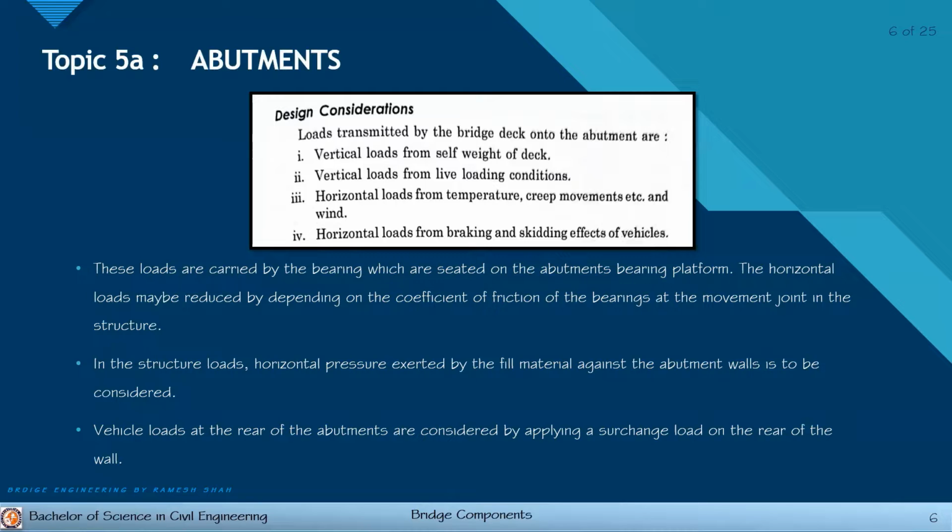So also we have to consider the rear part of our bridges. That's why it is important to apply a surcharge load. When we say surcharge load, it is also something that is reinforcement in order for our soil or our earth on the backside of our bridges will not collapse due to the vehicle passing through